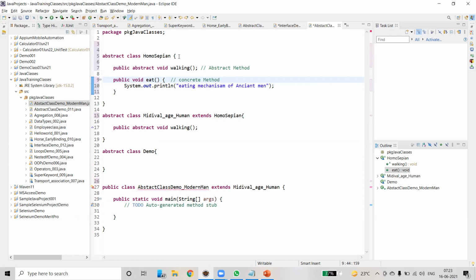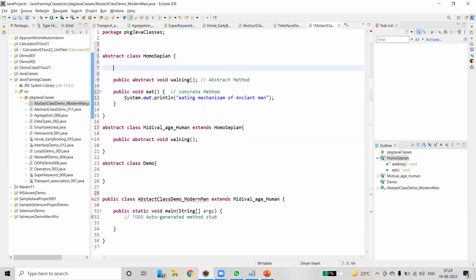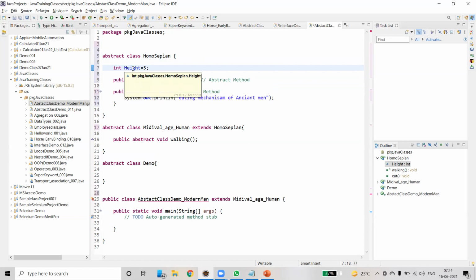Shall we declare member variables? Of course, we can declare member variables. int height equals 5. We can declare member variables also inside an abstract class. We can also use that member variable inside a function.